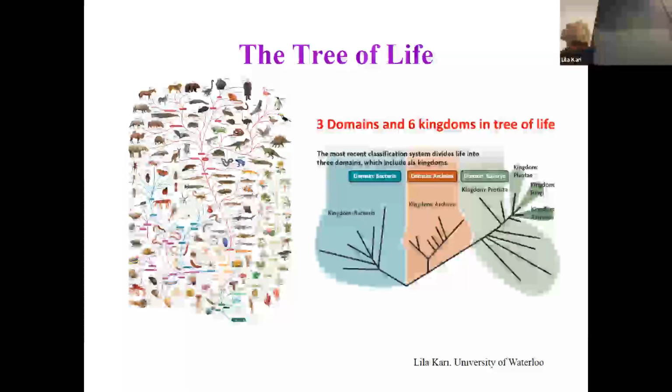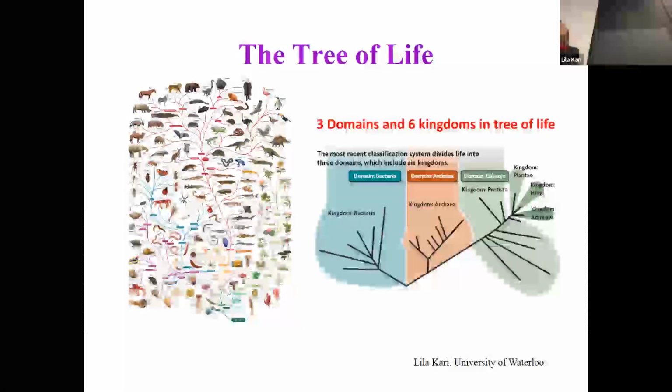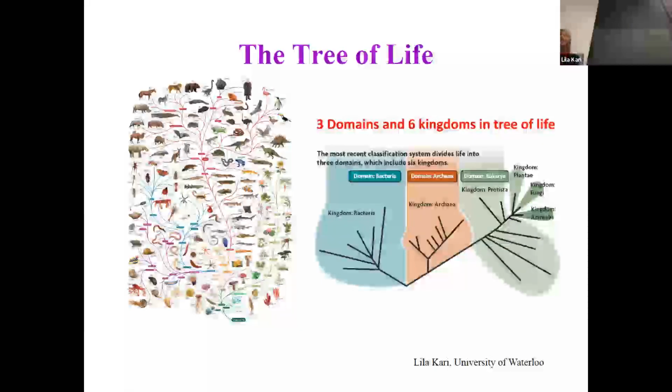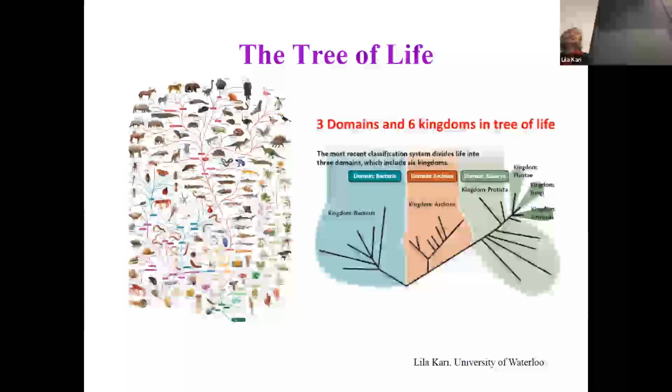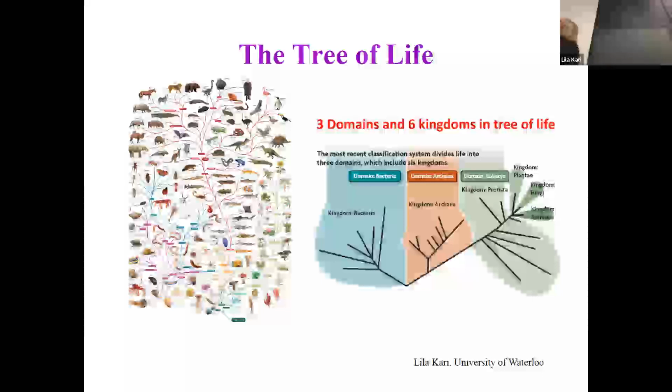So here I have two different representations of the tree of life. This is an artistic poster, which I have on my fridge. Actually, I have two copies of it. It starts from here. It has the plants and the animals, and here at the top of it is Darwin. I have a new modern version that is not sexist and colonialist, and actually it has several humans of various genders at the top, which I think is more appropriate with the times. I like this one as well. So you see, we want to find out what everything is related to, to name and classify